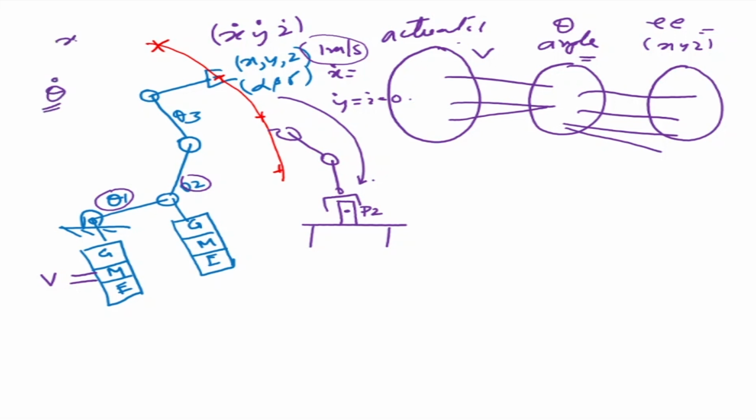So what is the relation between x dot and theta dot? This is what I need to know. There is some relationship between x dot and theta dot, and that is exactly how I'm going to control my motors. By controlling the motors, I'm going to get some end effector velocity, so I need to know the relationship between them. More importantly, suppose there is no relation between them. That means you cannot go to that point. We talked about singularities, or solutions not being possible. If you end up with a singularity, a point where the manipulator cannot go, then what happens to the joint velocities?